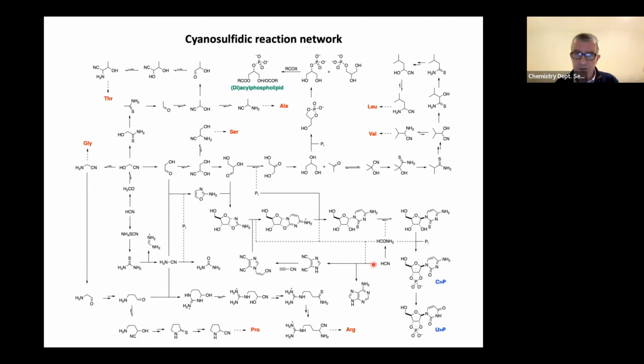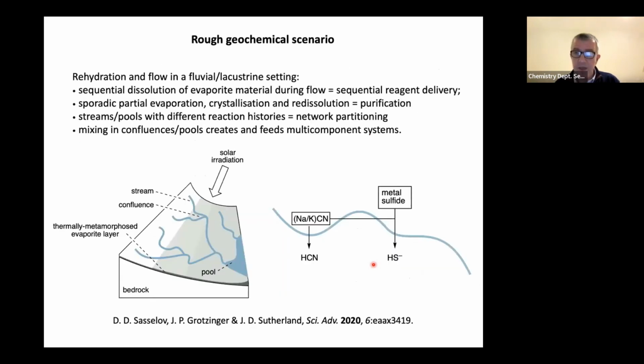So let's now explore some consequences of this. One of the consequences is the need to actually have a geochemically plausible scenario. You present a piece of synthetic chemistry to an audience and ask them to believe that it could have occurred in the early Earth, and they rightfully ask you to explain how could that happen without people in white coats doing all the things that synthetic chemists do, like adding reagents sequentially, purifying products, doing workups, and then mixing things together again. And what we've worked out over the years is that the only way we can really think of achieving this is